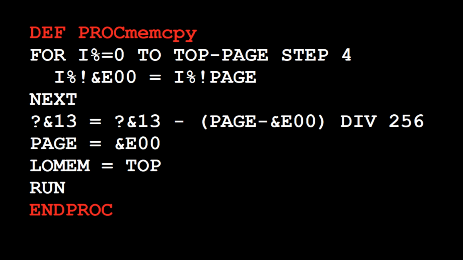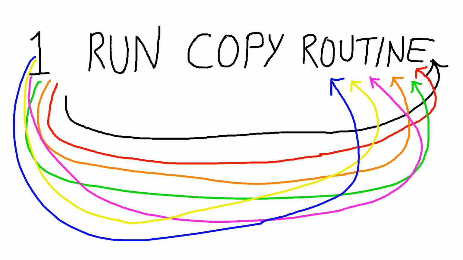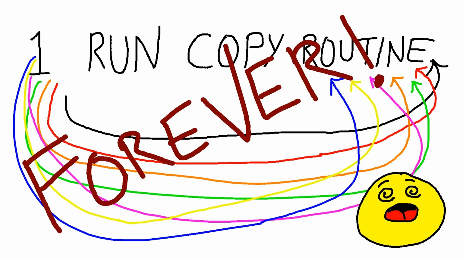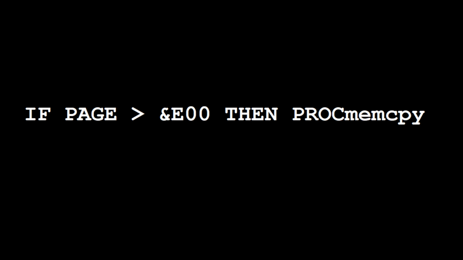If we simply make a call to our memory copy routine at the start of the program, we will end up putting it into an infinite loop, because it will copy the program to a new location and then attempt to run it, but the very first line of the program will tell it to copy the program to a new location, and so on and so on. It will run, copying our program to a new location in memory without ever actually executing the code after the copy routine. To prevent this, we have to put in a simple if statement to check whether or not the